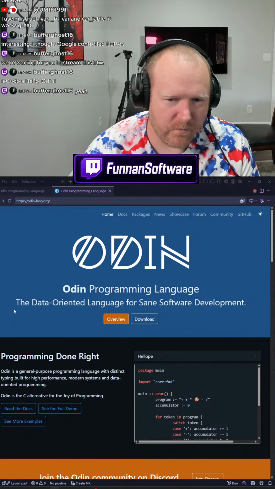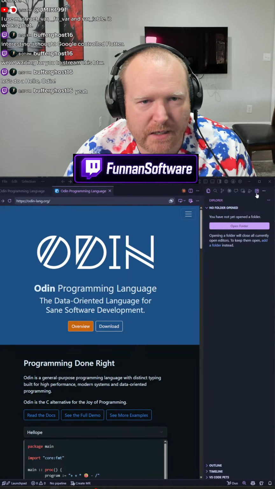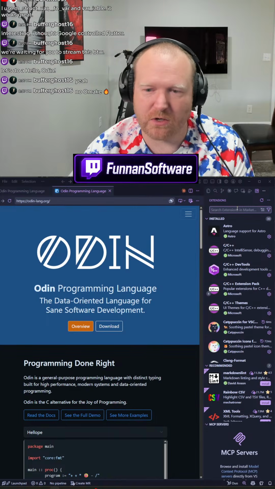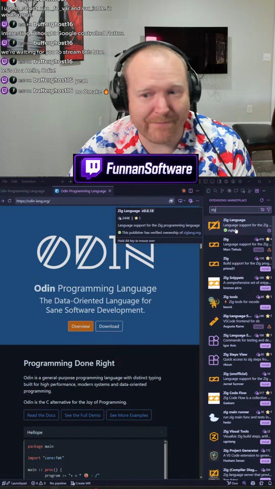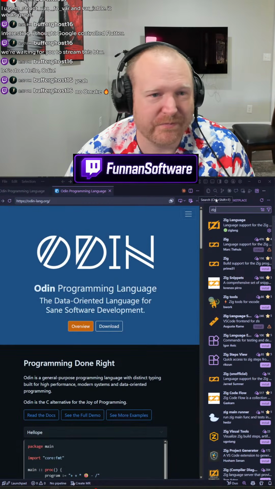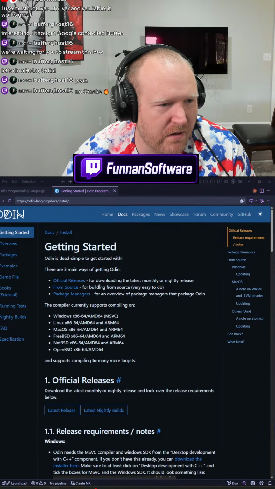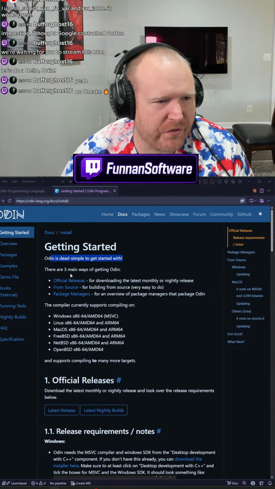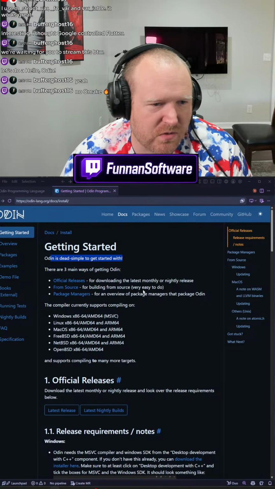One thing to give credit where it's due, one thing I like about Flutter, and Zig does this too: I could just come into the VS Code extension, go to Zig, install the extension, and it will automatically install the compiler for Zig. All right, so let me download Odin. Odin is dead simple to get started. There are three main ways. The official release, or building from source, which is very easy to do.